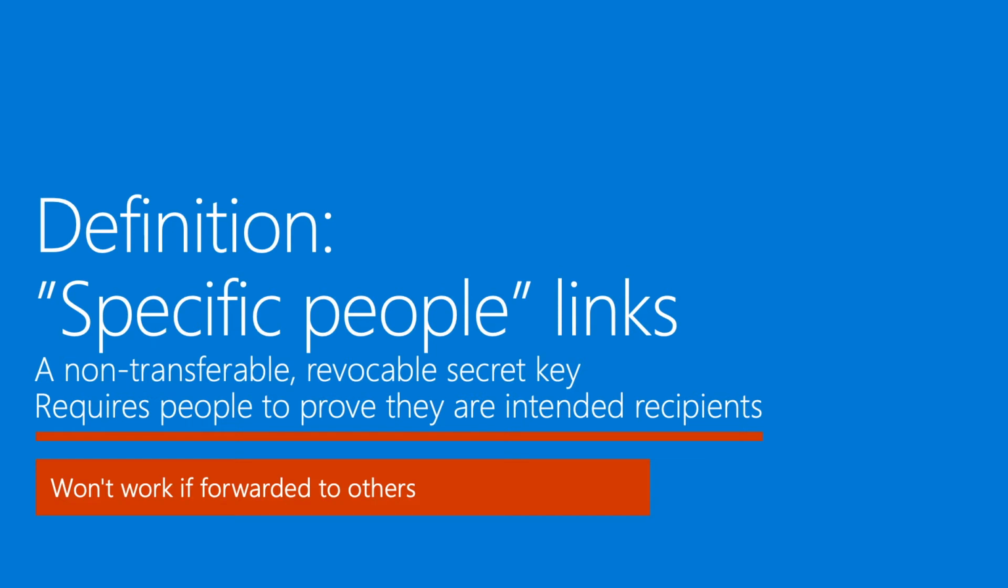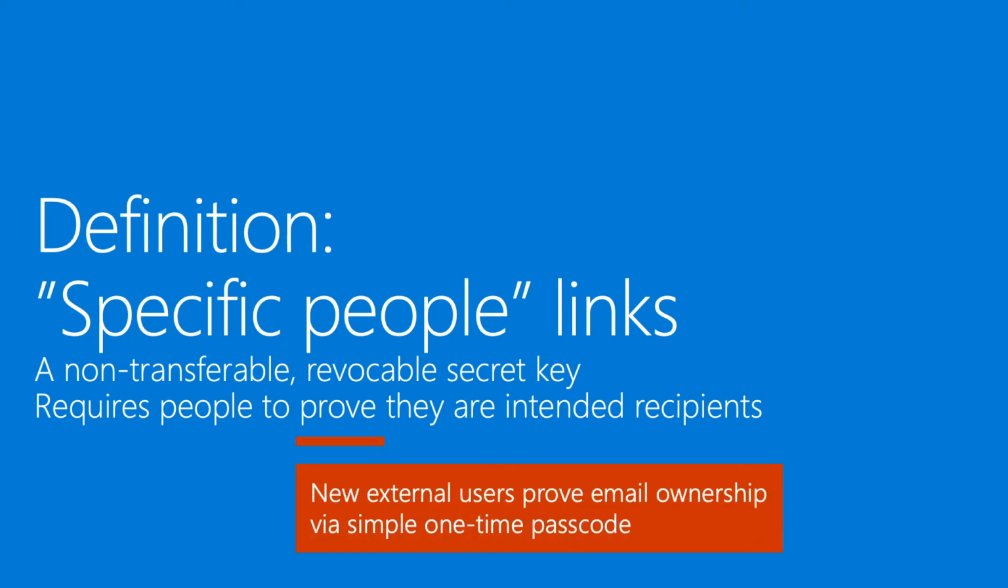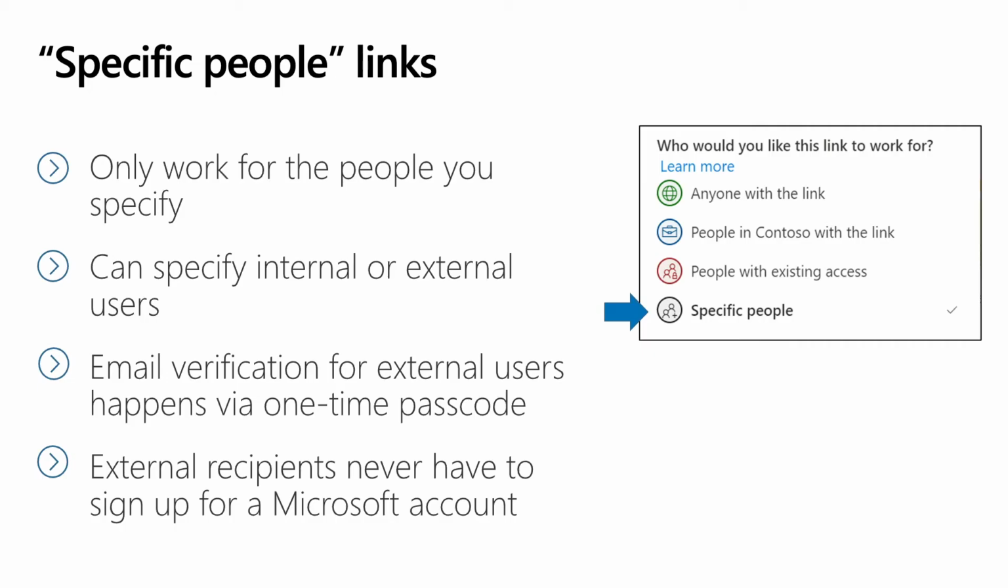And the way that they do this is by signing in to an account if they already have one. But like what we saw with Steven's demo, if they don't already have an account, they don't have to create one. Instead, they simply sign in using a one-time passcode. So as you can see, specific people links are a great way to share your more sensitive content, and they're